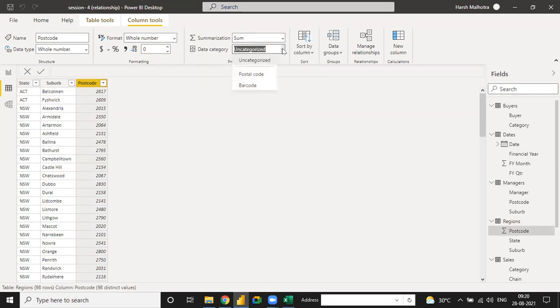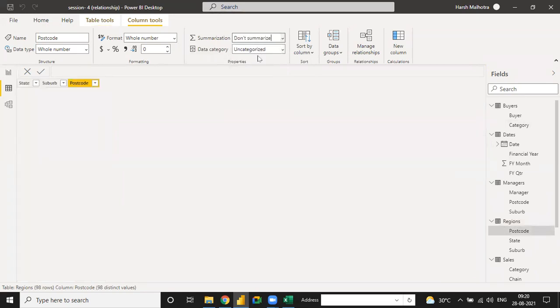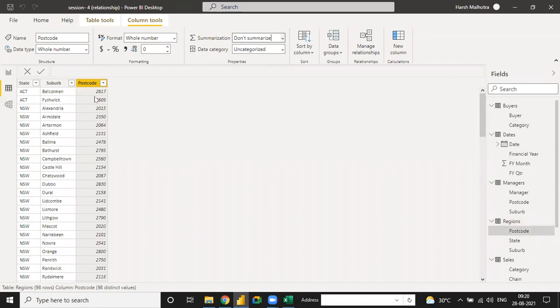So you have to go here, and from here choose don't summarize. Okay, it means we need to categorize it as a postal code, so that when you locate it on the map, your postal code will be located as a country. See, there is a country map sign here.